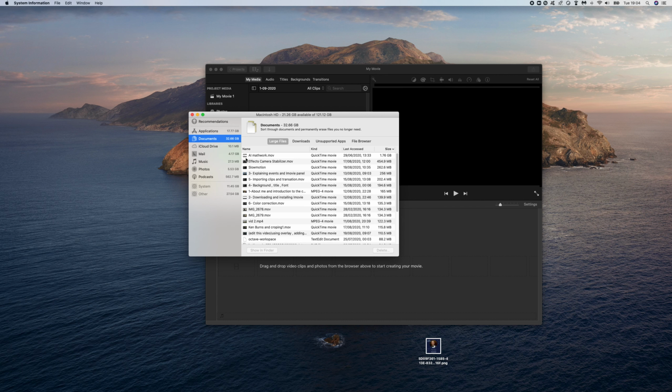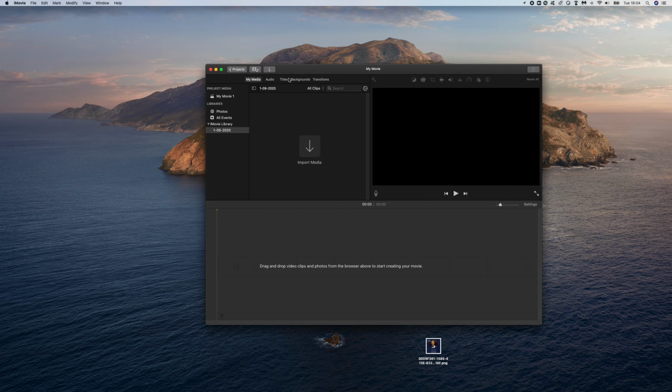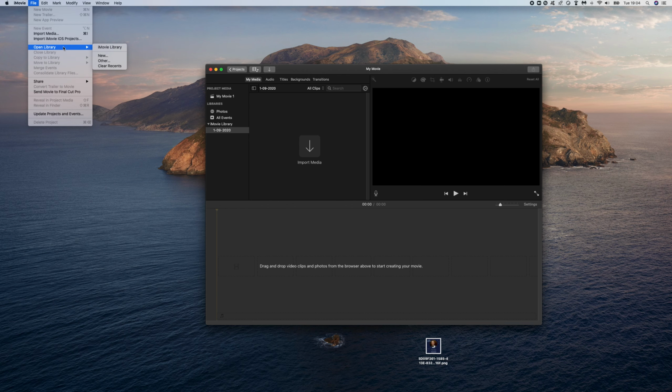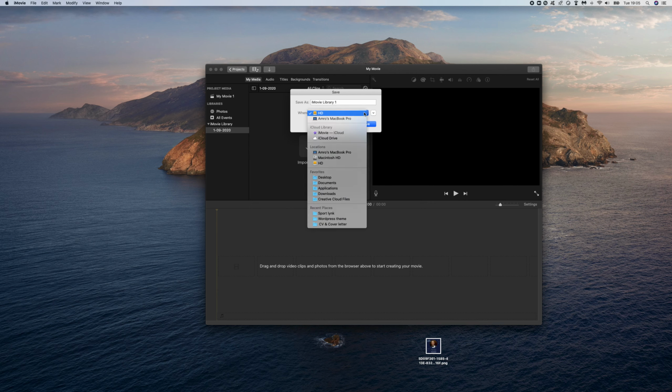So the aim is to relocate the iMovie library to an external hard drive or a different location, so you save the space in your laptop. The way to do that is to open iMovie normally, and you go to File and you open Library and you click on New, and you pick where you want to save it, because if you save it in your